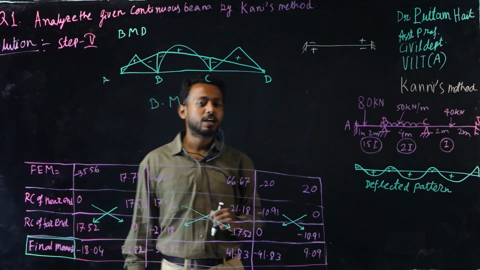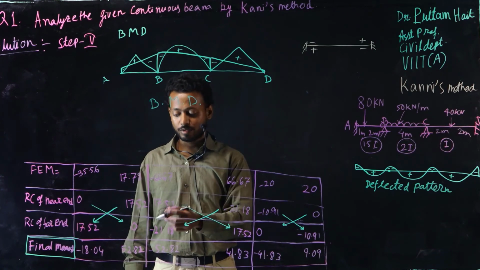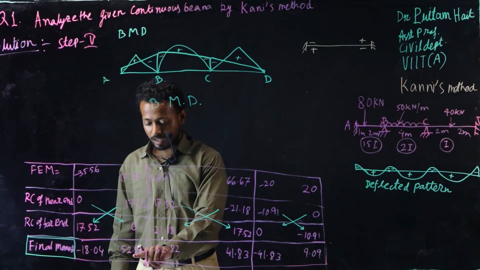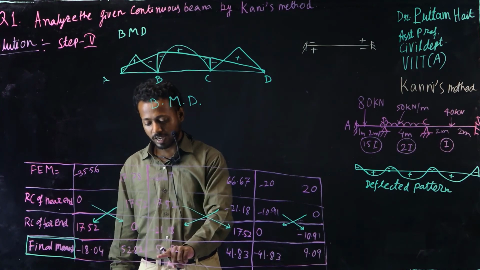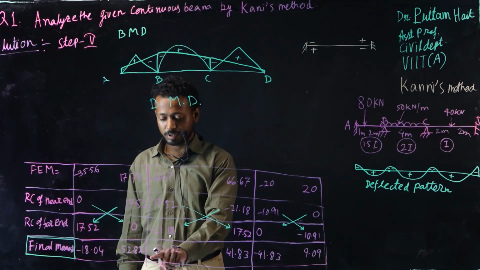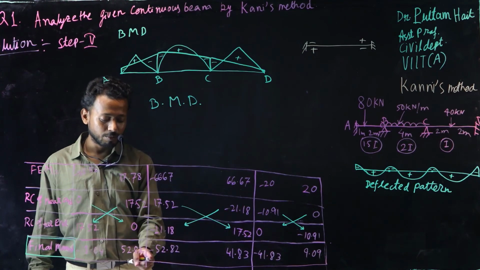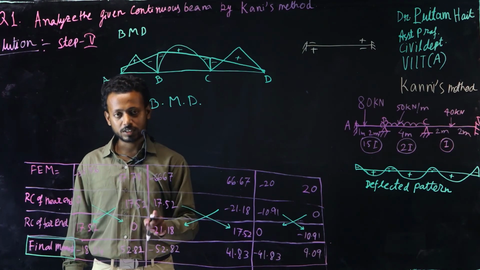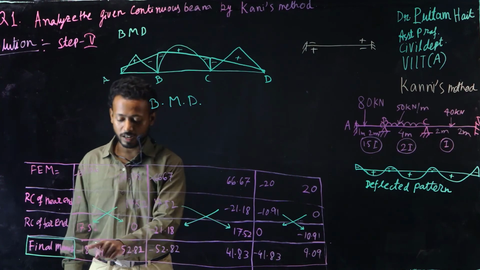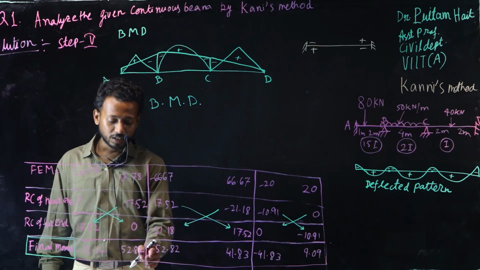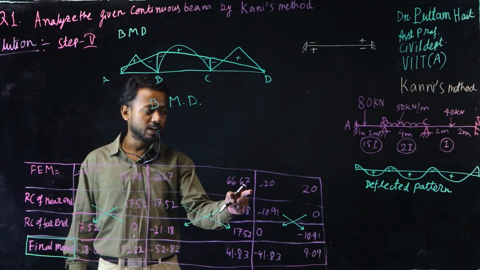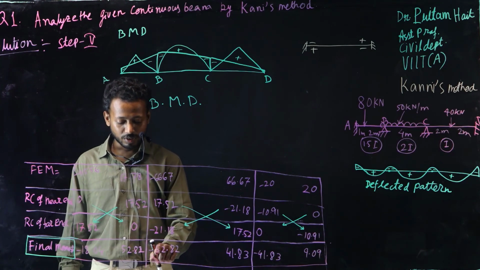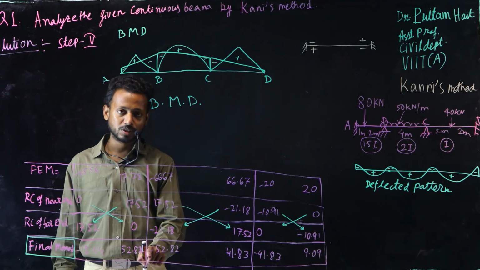So in this way you can calculate the bending moment diagram, total final moment at different joints. Once you obtain the moment, here it is positive, negative, and the value is same, that means net moment will be 0. That means the joint will be under equilibrium condition, that means your answer is correct. In this way you can cross check your final moment. You have to obtain the net moment at joint B and at joint C to be 0, that means it will be positive 52.82, negative 52.82, so net moment will be 0, that means your answer is correct.